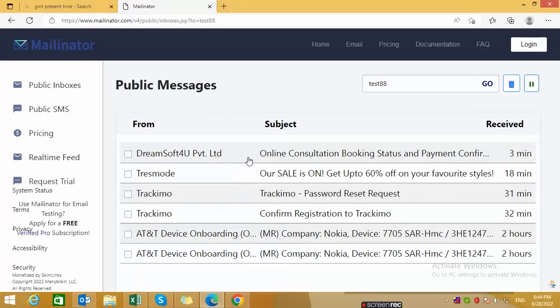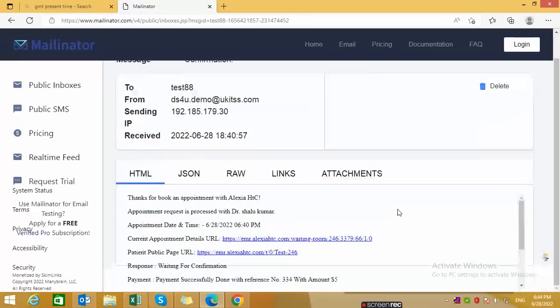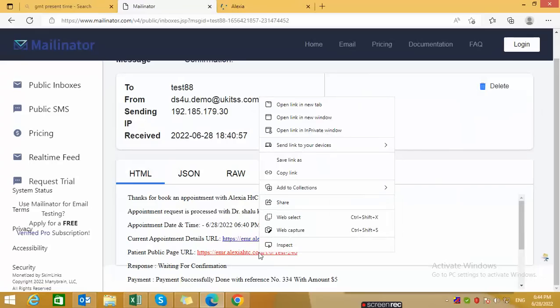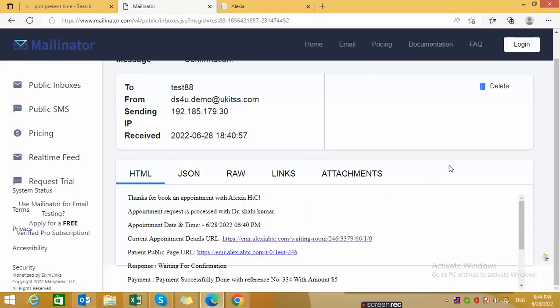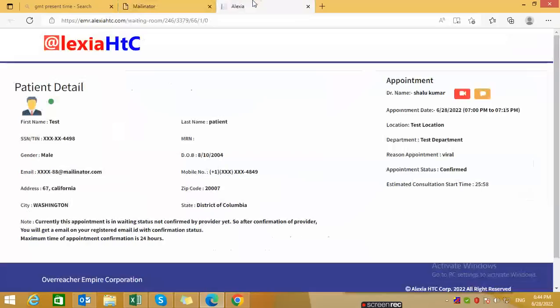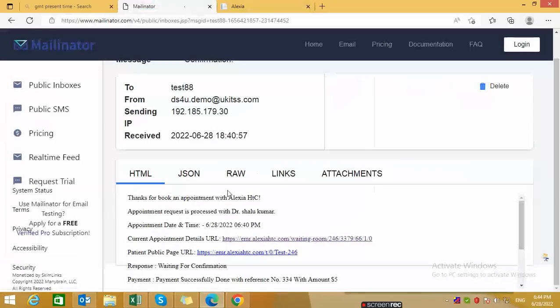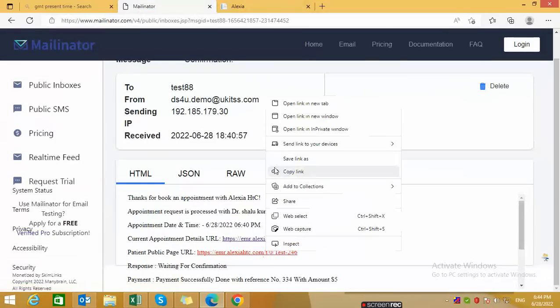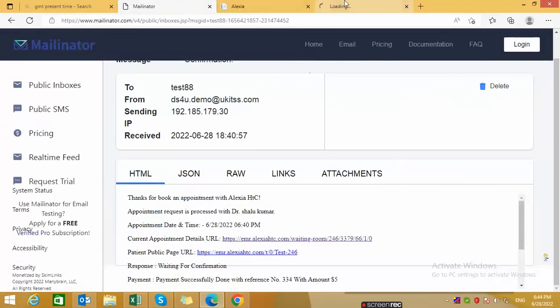First mail is of payment confirmation when the payment is done from the patient side. Payment confirmation mail is sent to the patient. Here is the patient waiting room URL and also the patient public page URL. Patient waiting room is the same page that we have discussed before, and patient public page URL, for this we have to